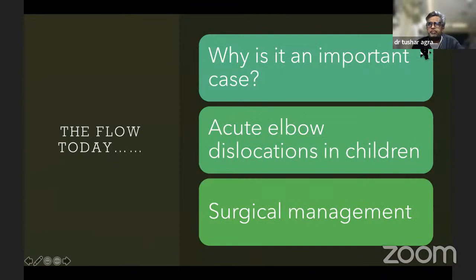So now, why have we added this elbow dislocation? First of all, it's an important case for us. Why? Because we live in a sort of a poor nation, right? Here patients are still being treated by bone setters. Most of the papers on elbow dislocations are coming from nations like ours, Indonesia, which is again densely populated, and the African subcontinent. It's not really coming from the developed world at all.